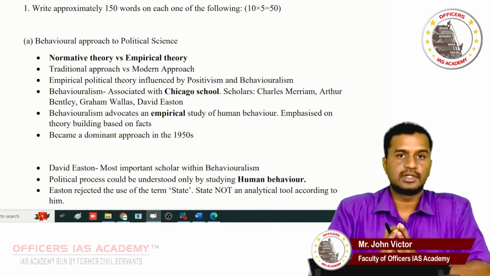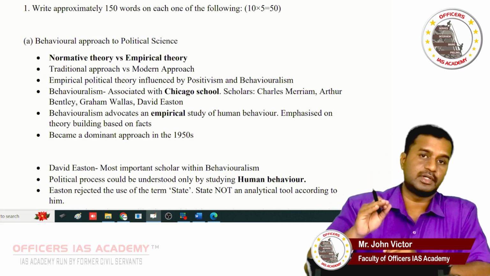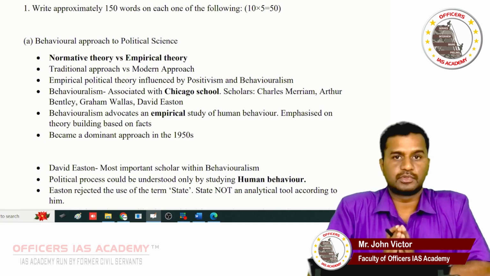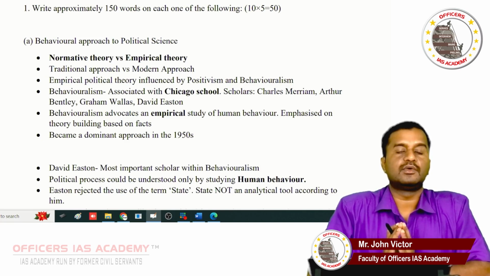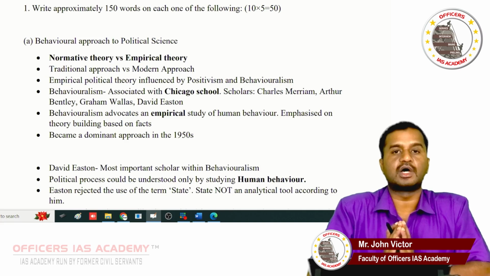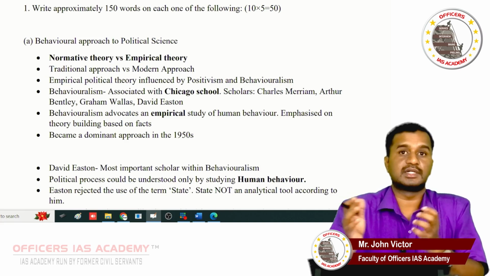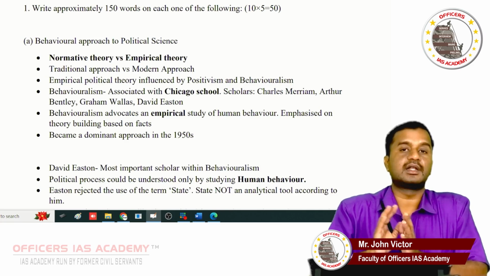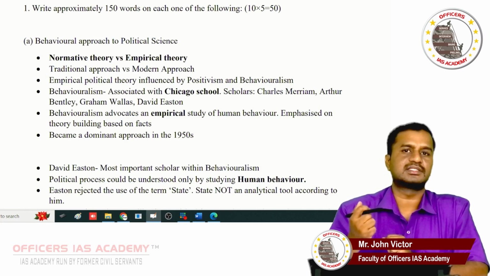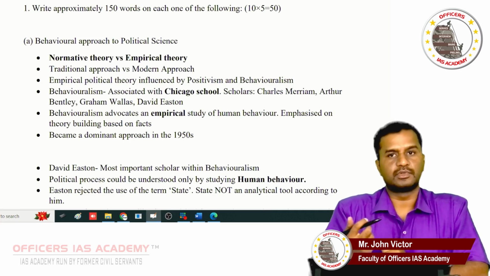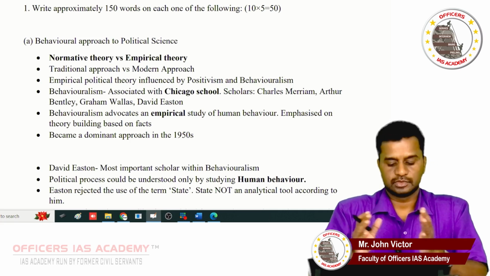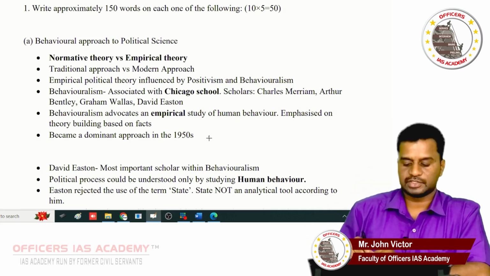After the 1970s, new contemporary approaches came into political science. Before the empirical approach, the scholars mainly followed the normative approach. Normative approach is related to norms and values. It is prescriptive. In contrast, empirical approach is descriptive as well as evaluative. Behavioral approach follows the modern approach in which we study based on empiricism. So these points should be present in your answer.